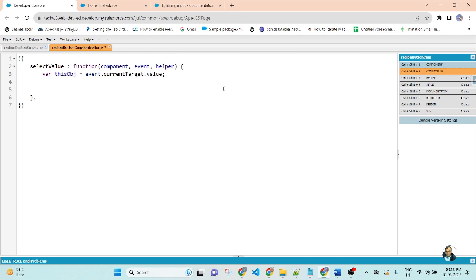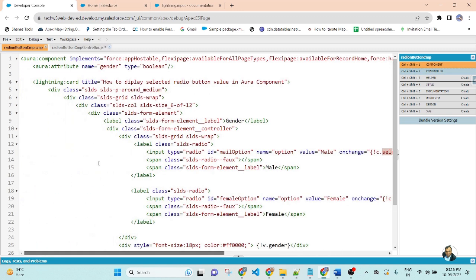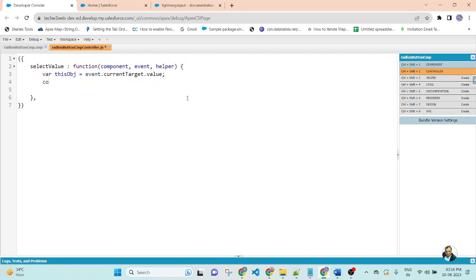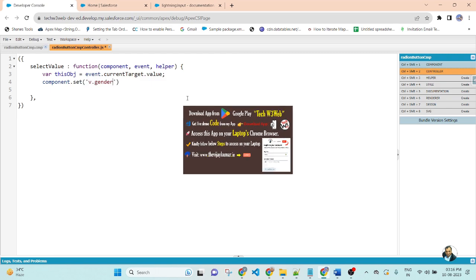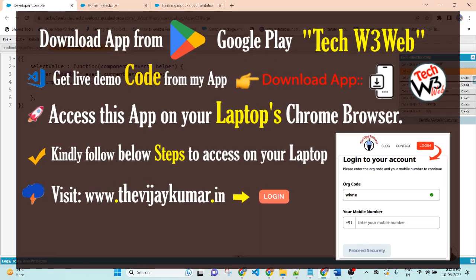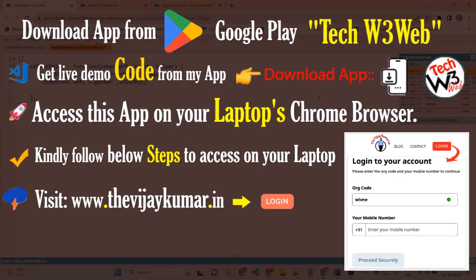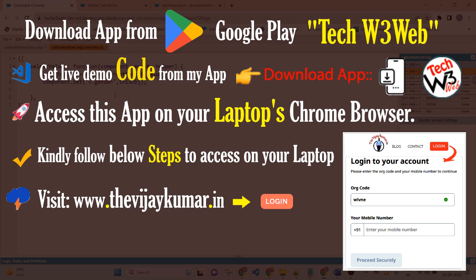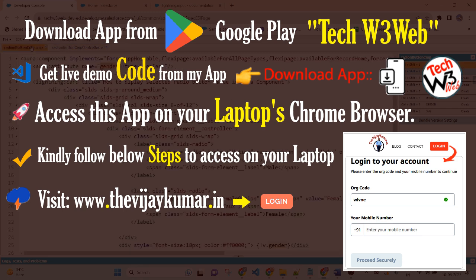Here I will set the current value. So I created a boolean type attribute gender. So component.set, v.attributeName, comma, I pass this current value. Save the file.